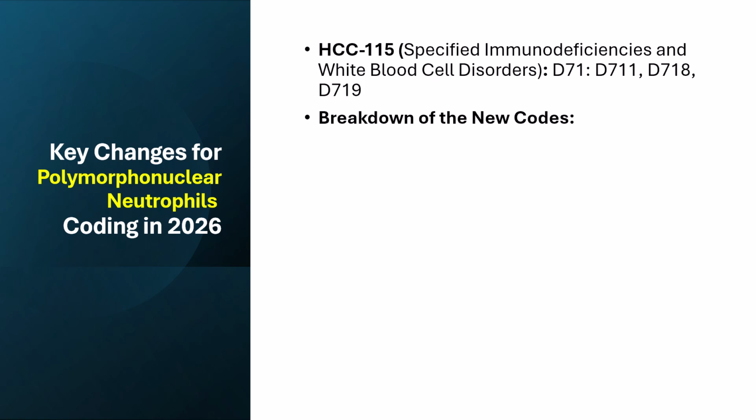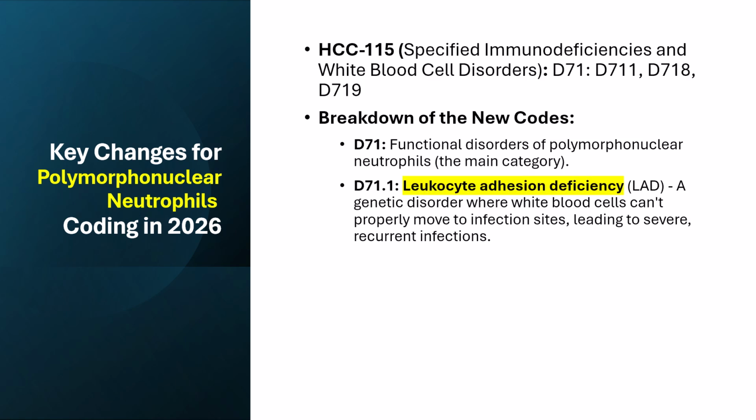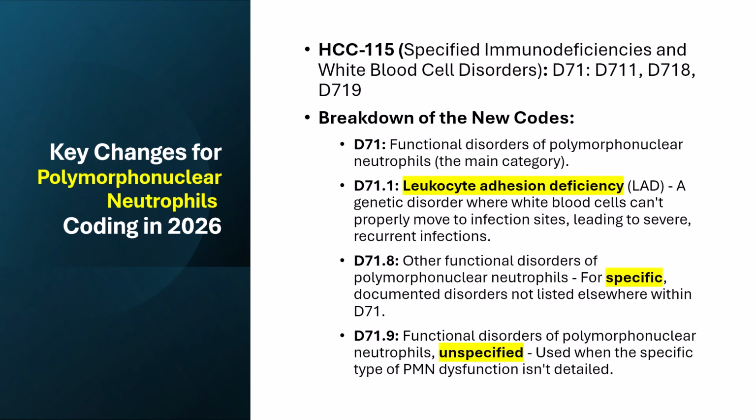ICD-10 codes D711, D718, and D719 fall under the parent code D71, which signifies functional disorders of polymorphonuclear neutrophils, PMNs, impacting the immune system's ability to fight infection, with D711 being leukocyte adhesion deficiency, D718 other specific PMN disorders, and D719 an unspecified PMN functional disorder. These codes are used in healthcare for diagnosing and